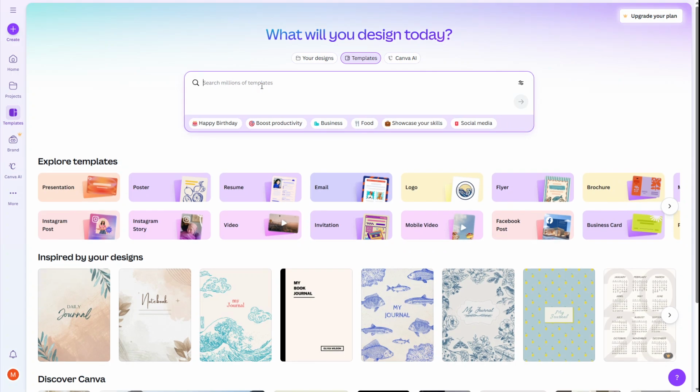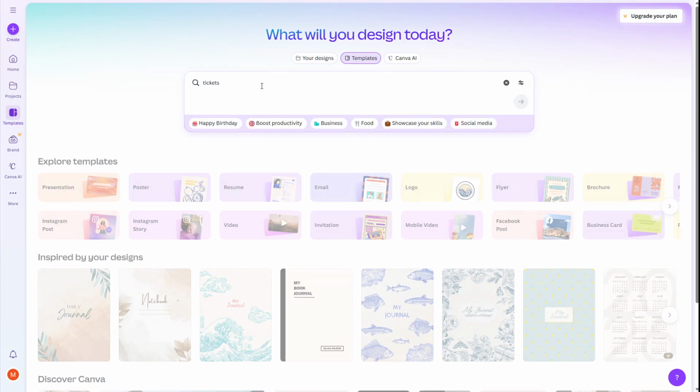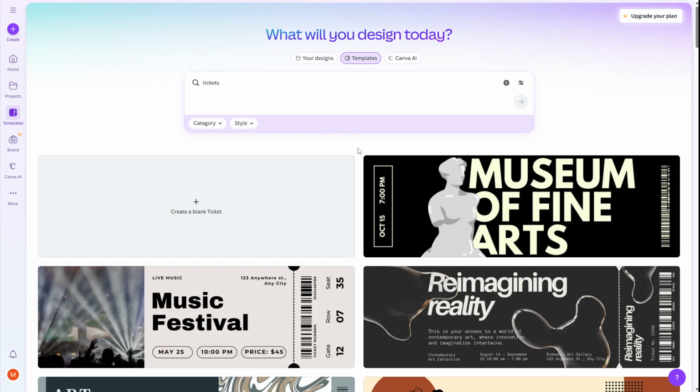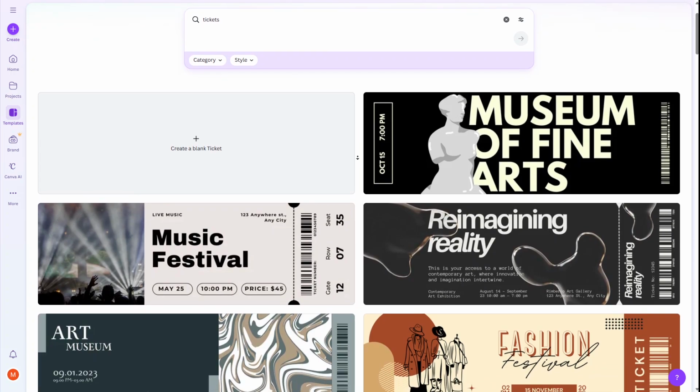First, open Canva in your web browser and log into your account. From the home page, head to the search bar at the top and type in tickets. Press enter and Canva will pull up a wide selection of pre-made ticket templates, everything from concerts to movie nights